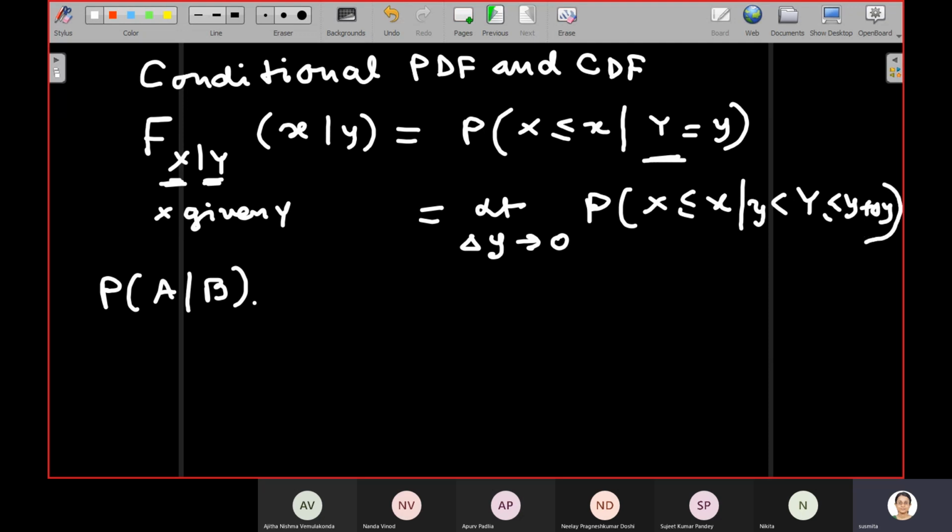Okay, so when we have a continuous random variable y, we can think of it this way. So this is the conditional CDF, and then it can be shown that the conditional PDF